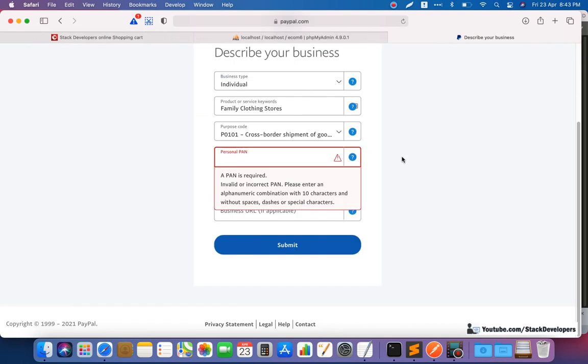Okay, so you have to fill this number, otherwise you can't create your account. There is no issue, even if you are going to test, you can fill your personal PAN number. Okay, if you are making the website for the client, then you need to fill the client PAN number. And if you are just doing this for testing, then you can fill your own personal PAN number.